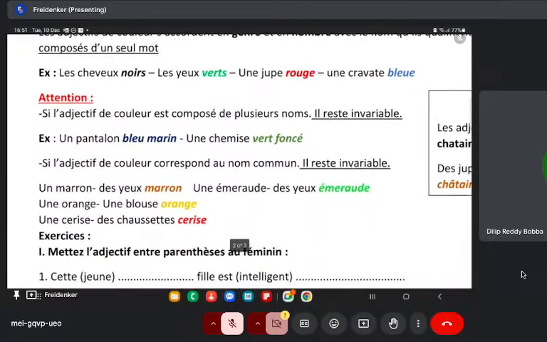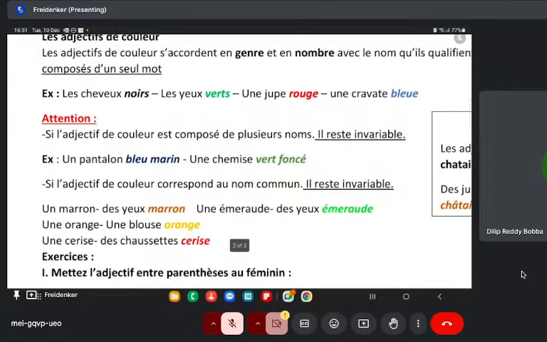Exception. So the exceptions here are if you're using more than one word to describe a color. For example, dark blue, light blue, sky blue. You're using more than one word. In that case, your adjective is not going to change. In the sense, irrespective of the gender and the number of your noun, your adjective is not going to change. For example, here I told,